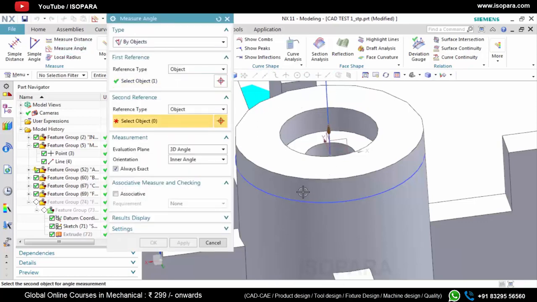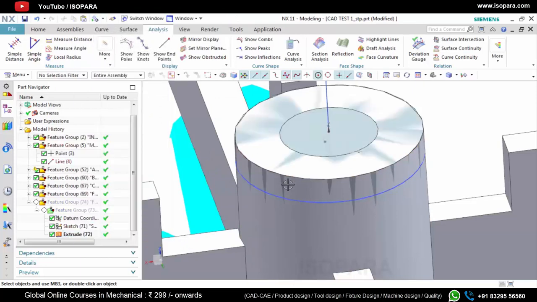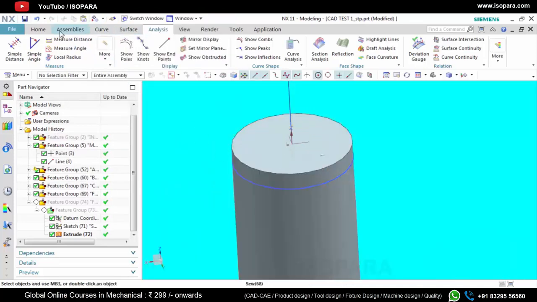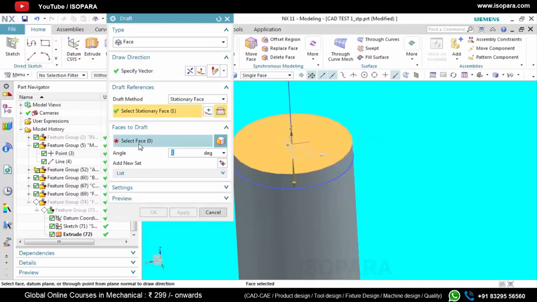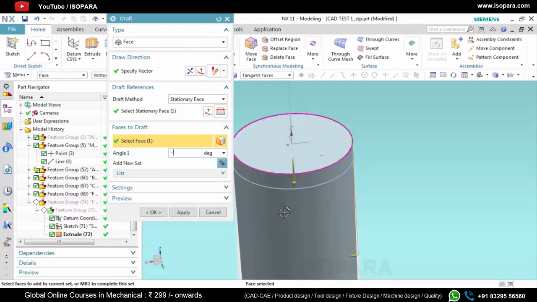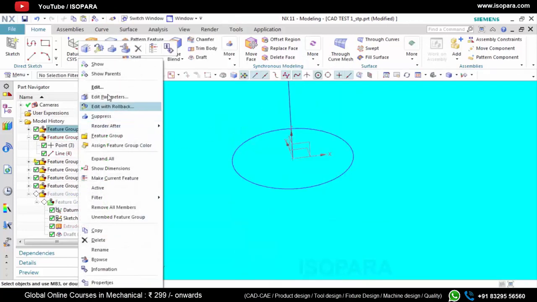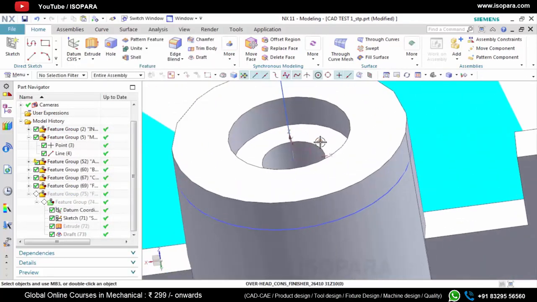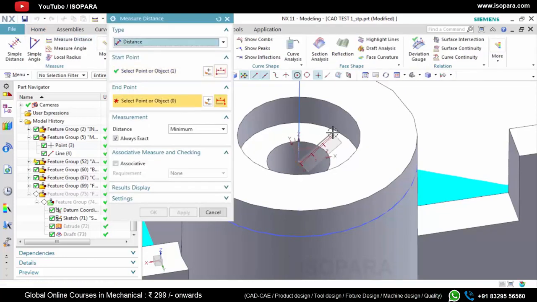Okay, so now here we need to apply the draft, then it will perfectly match with the old part. So we need to measure the angle. So there is a 0.5 degree draft, which we have to apply. So let's just apply the draft now on the vertical face, like this. So now you can see